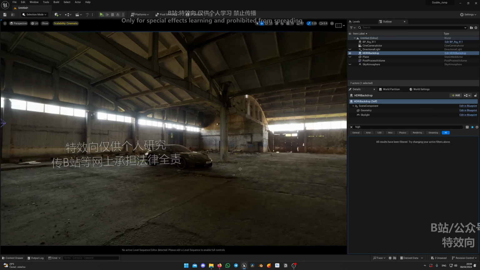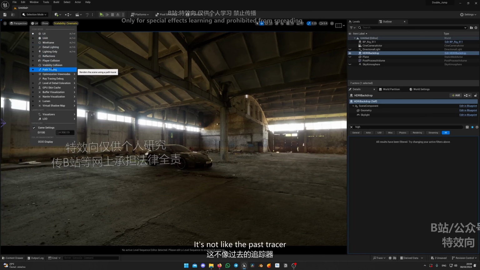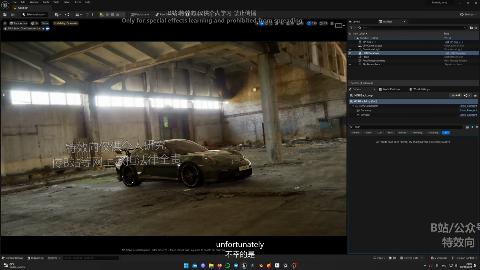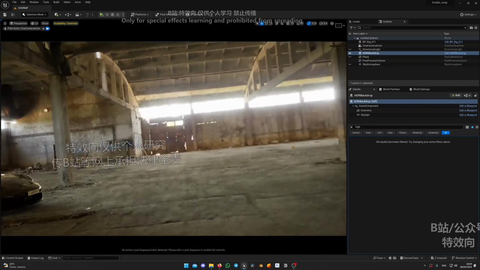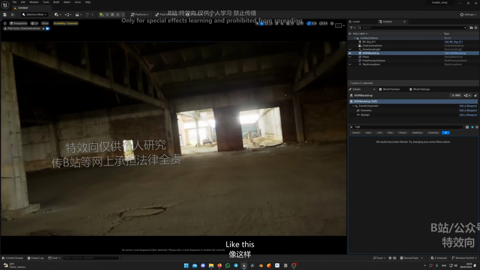So it's somewhat good, but it's still not there. It's not like the path tracer, unfortunately, but it's just enough. I believe this is the best result which you can get with environments like this,